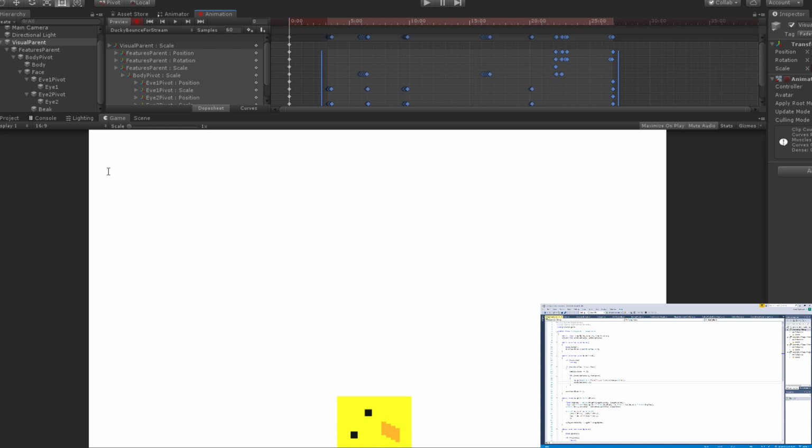We'll call it Rubber Ducky Stream Scene, so that if I want to come back and edit this again, I can do so. So now the question is, how are we going to get this thing into a GIF format? Can I record with OBS while I'm